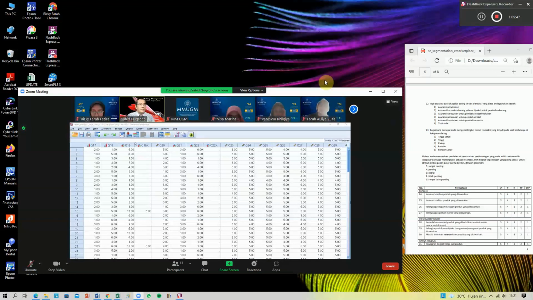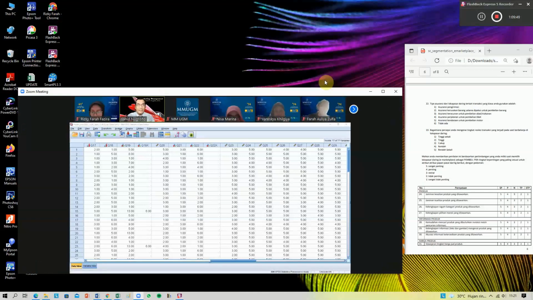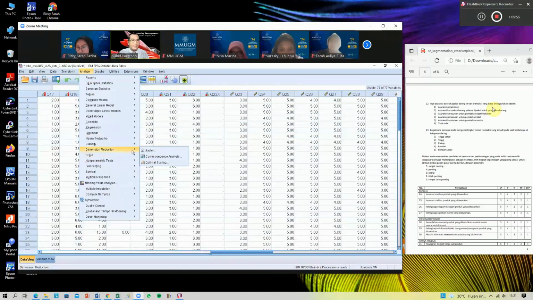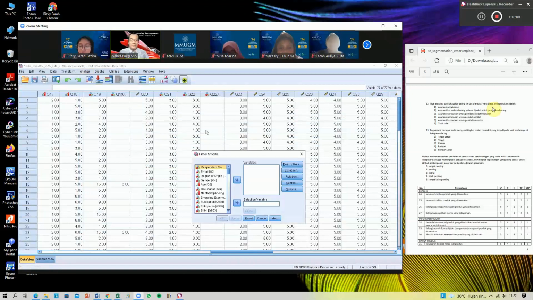Okay, now we will use factor analysis. Analyze, and then dimension reduction, choose factor. Okay, and then we will use data from Q24 until Q50. Now we will set up the command.